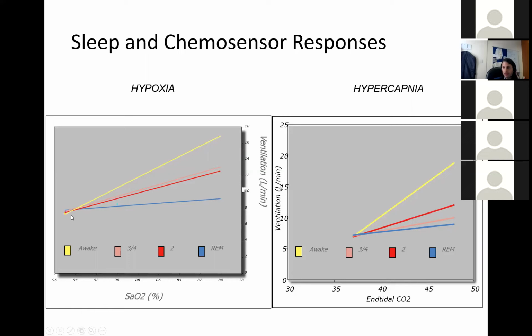When you're awake, there's a very good response in your ventilation. In REM, if your sats drop, you don't have the same response to hypoxia. And the same applies in response to a high CO2. As your end tidal CO2 goes up, when you're awake, your ventilation response increases to counteract it. When you're asleep, and especially in your deepest sleep, you have less of a response. That means that sleep is actually quite a dangerous thing to be doing when your respiratory system isn't functioning properly.